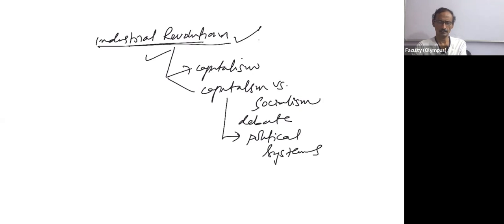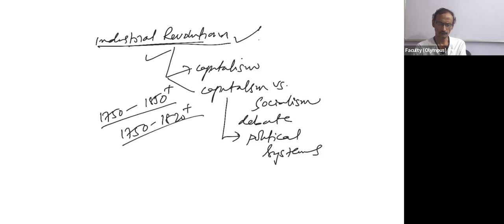When did this happen? This, you can say, took place between 1750 to 1850. 1750 to 1820 or 1820 plus, you can say, is the first Industrial Revolution. From 1822, then